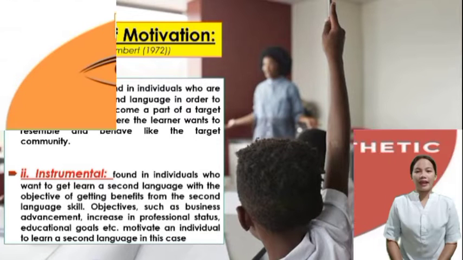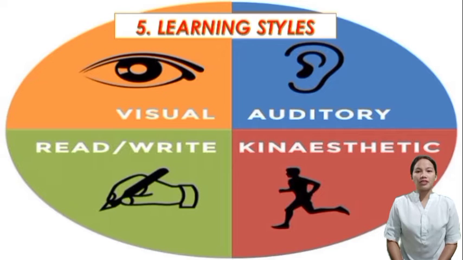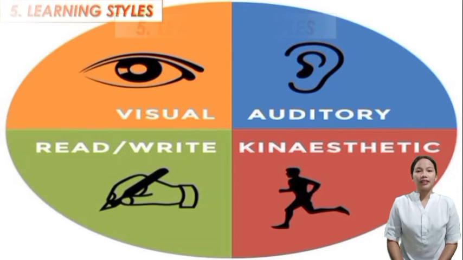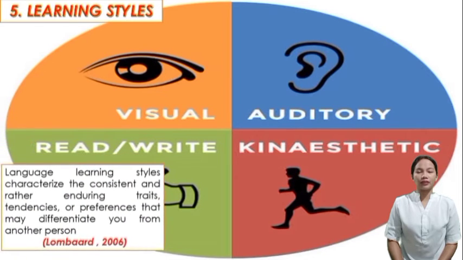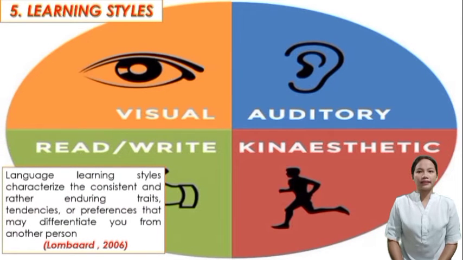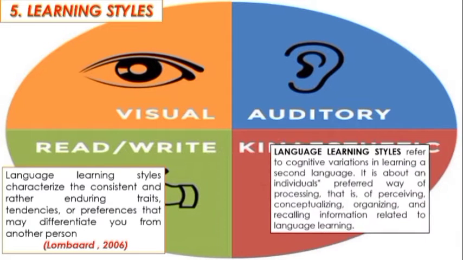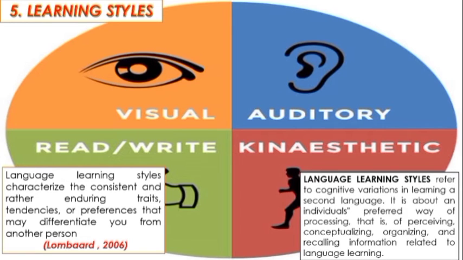The fifth factor in acquiring a second language is learning styles. Learning styles consist of visual, auditory, tactile, and kinesthetic. Language learning styles characterize the consistent and rather enduring traits, tendencies, or preferences that may differentiate you from another person. Language learning styles refer to cognitive variations in learning a second language. It is about an individual's preferred way of processing, that is, of perceiving, conceptualizing, organizing, and recalling information related to